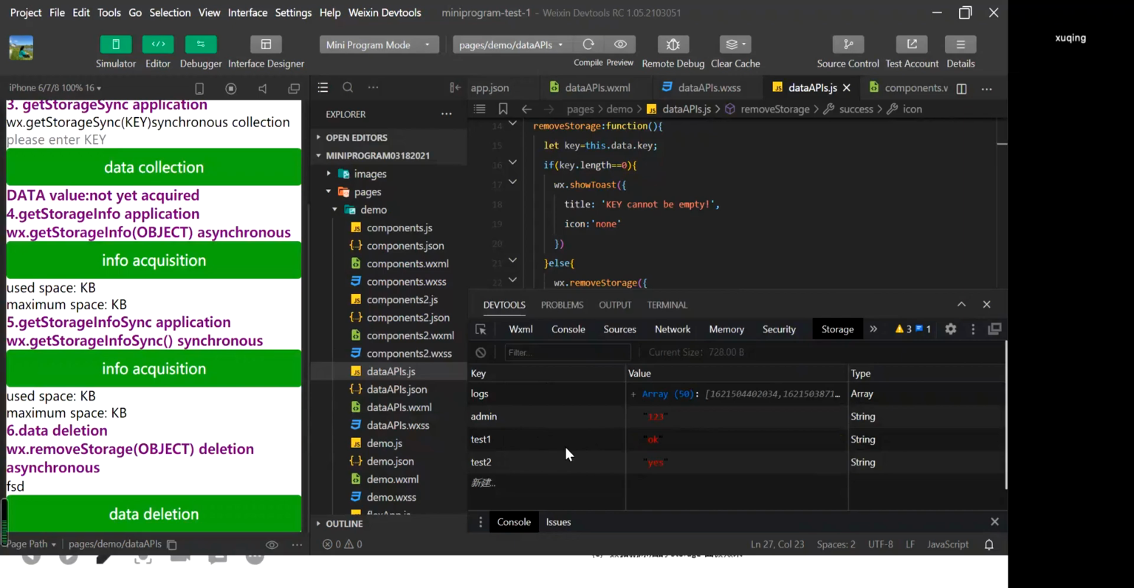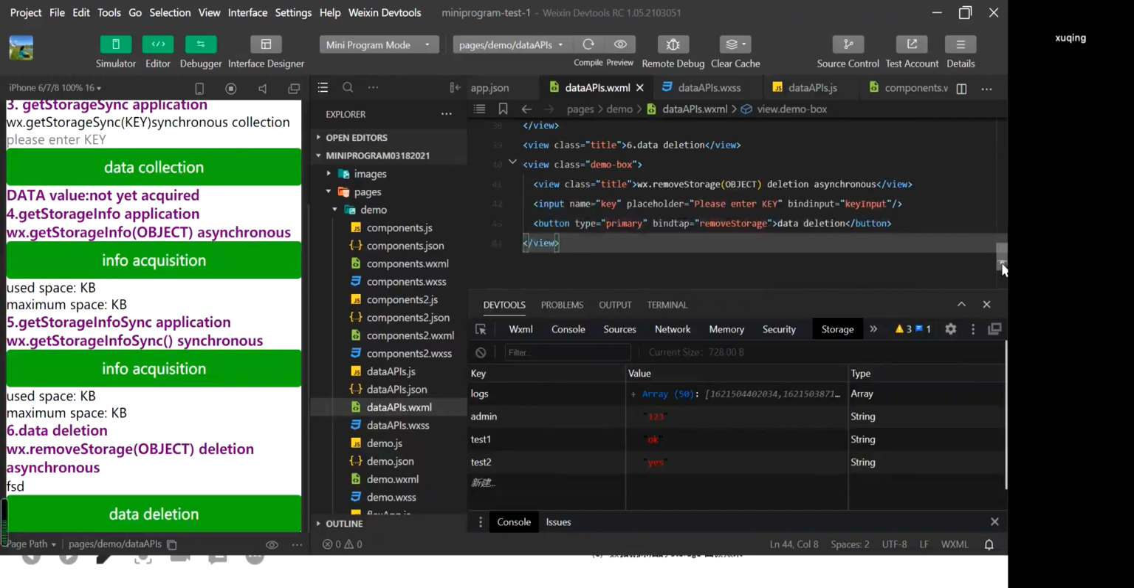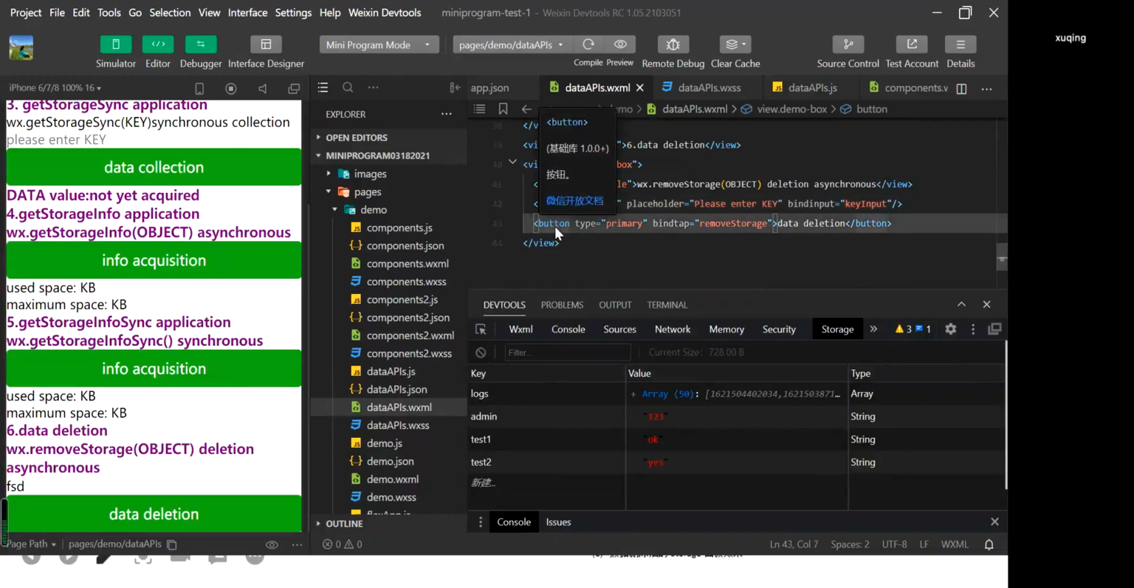Here is the effect for this one. In the Weixin ML file, what we have done is we have set our input component here to enter the name, the key name, and we use button components to delete the data. And in JS file,